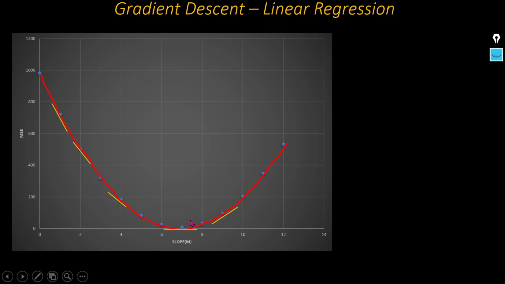Once we calculate the slope at each m value, how can we say at which point we can find the best fit line? Where the slope is almost equal to 0, at that point we can draw the best fit line, because at that point our sum of squared error, or we can say the MSE, will also be least, right? So this point is called your global minima, where we get the least MSE, and the slope is also close to 0. So at this point we draw the best fit line.